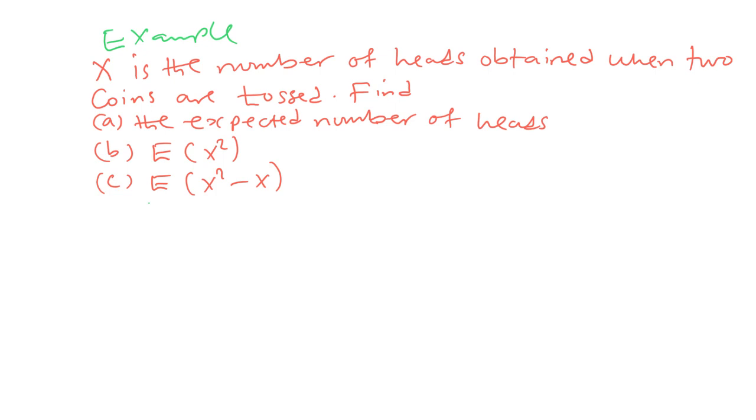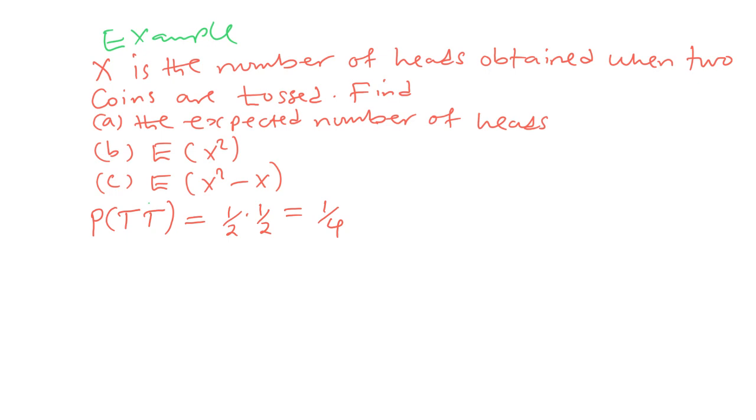So, X is the number of heads obtained when two coins are tossed. Okay, so let's look at the tossing of two coins. What is the probability of getting a tail? Okay, you don't have any head. The first is a tail and the second is a tail. So it is a fair coin, and this is going to be a half times a half, which is 1 over 4,